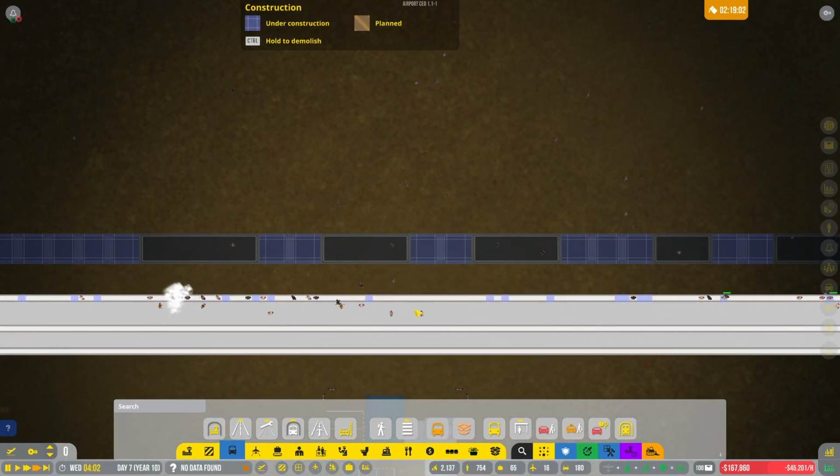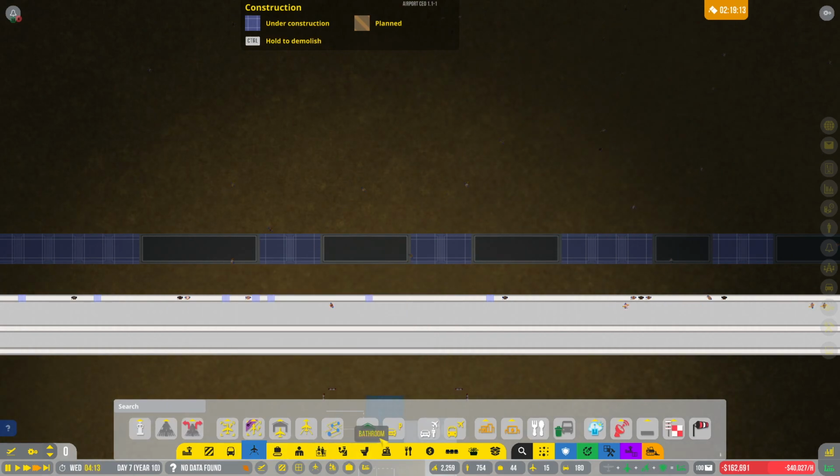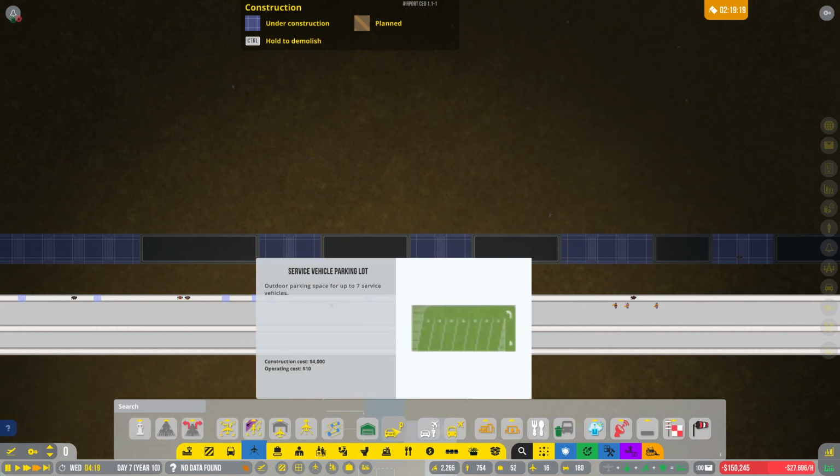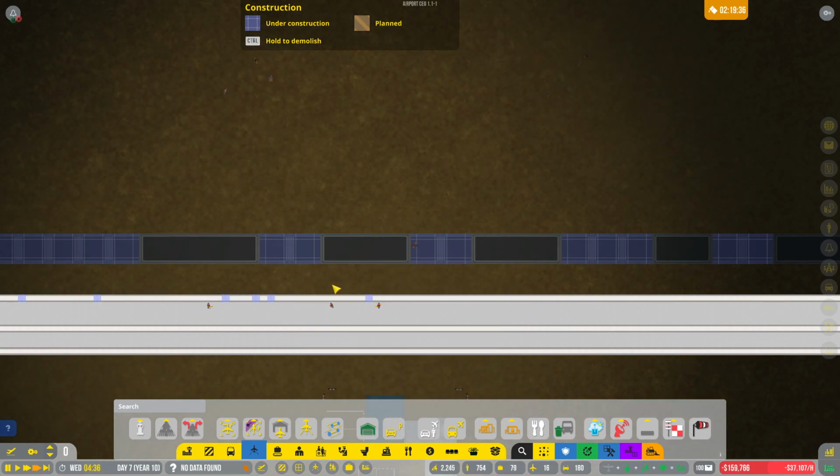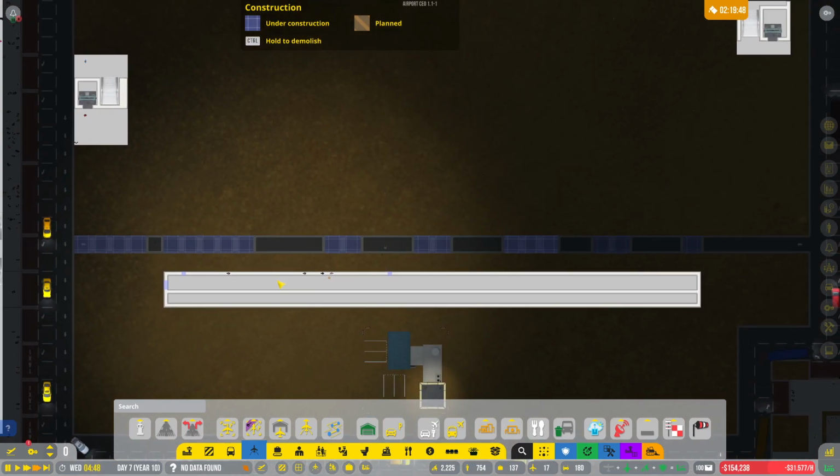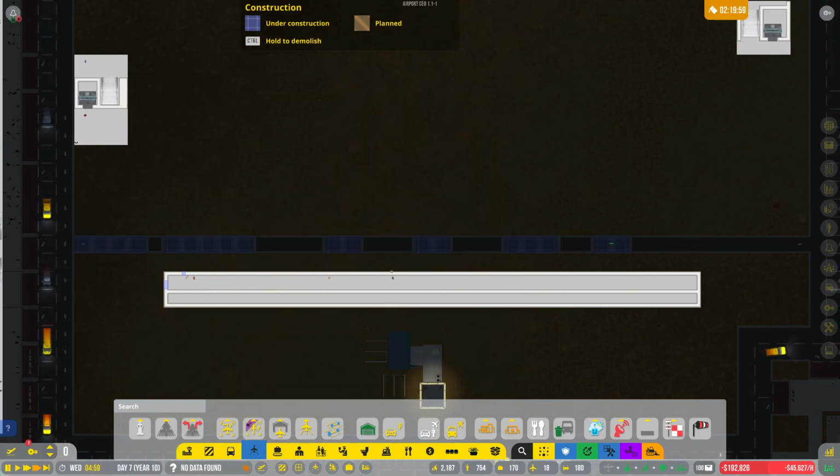So I'm not going to do parking spaces. There's not really much we could do other than this one, which I'm not opposed to. I just, it doesn't fit. If I do